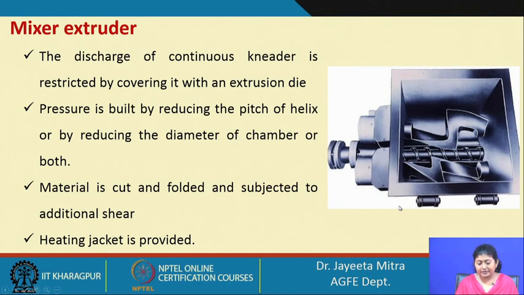Because of all this action, that is the movement of the barrel and the blades, there will be high pressure development, and because of all that, heat energy will be generated. That should be neutralized by circulating chill water